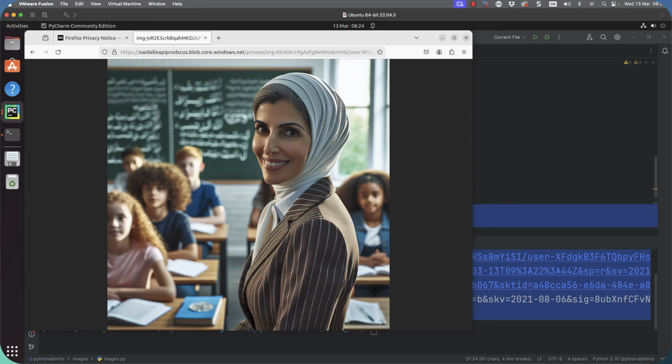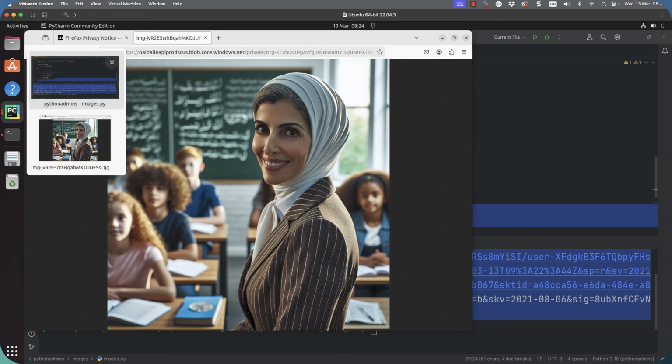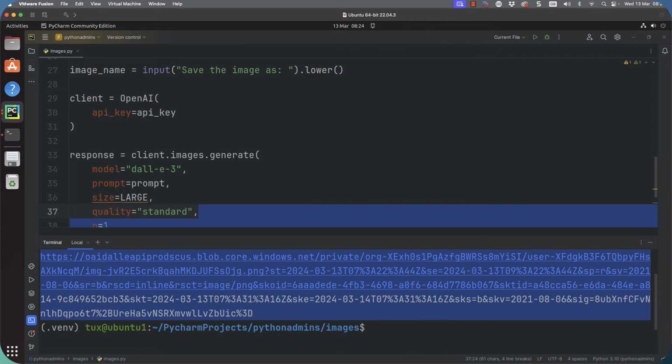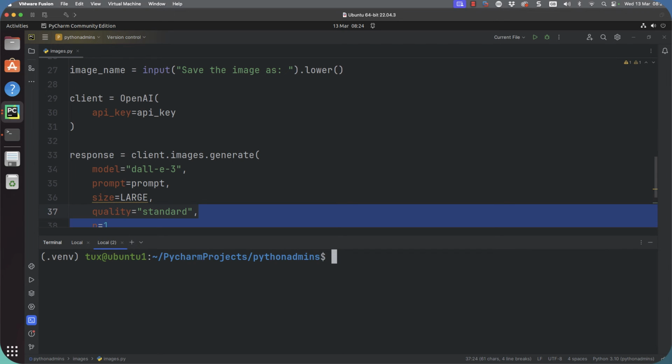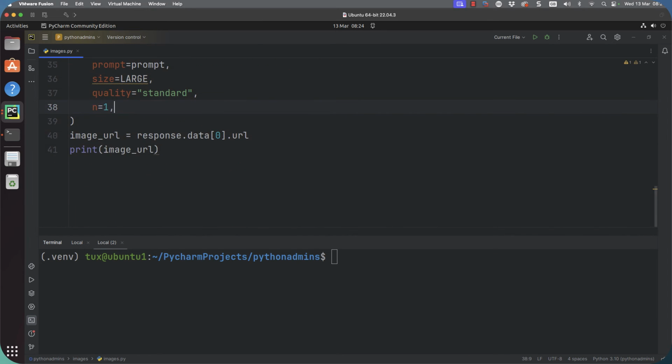We've got kind of what we want, but then we might be a little bit annoyed about having to go back and download our image through our browser. Also, remember that only lasts an hour, so if we get caught on other things, the image might have gone. So we're still going to be charged for it because it was generated. So to be able to download the image, we're going to go back and start looking at our requests package as well. With our requests package, we can make our web requests from the script. So we can actually download it really easily inside of our script.